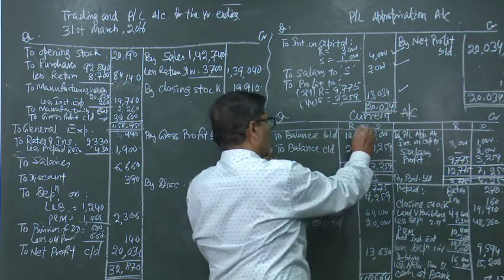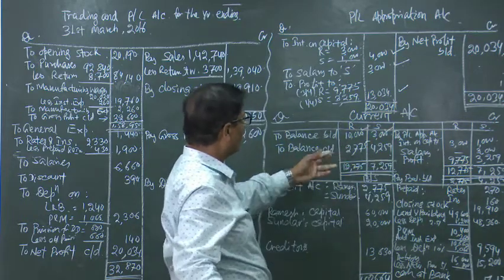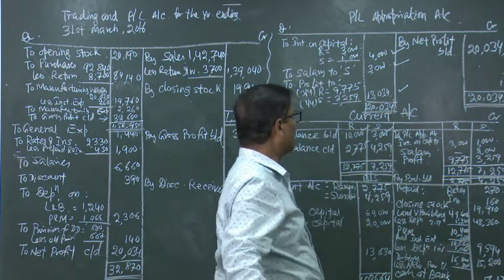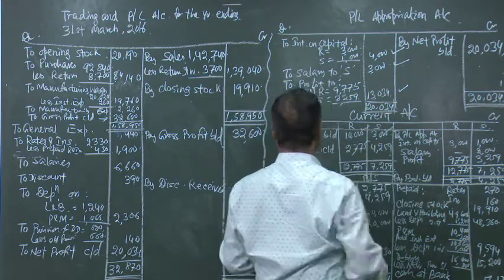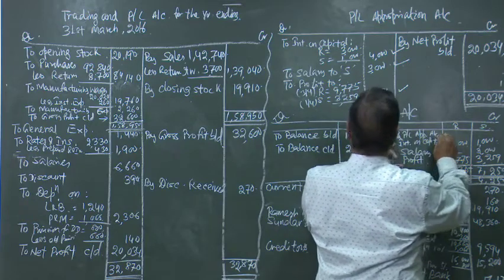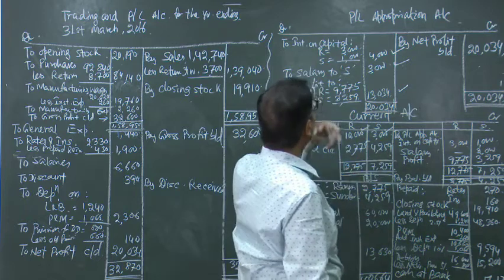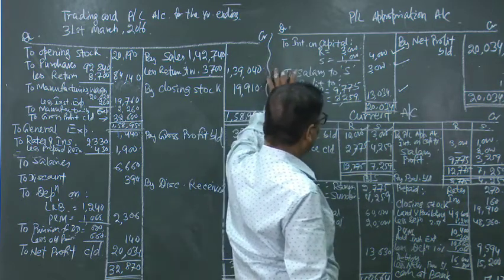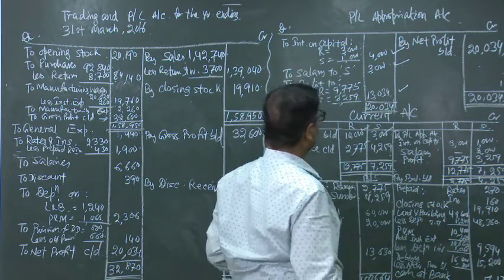So, in the debit balance we have taken Ramesh is having a debit current account balance of 10,000, and Sundar is also having a 3,000 debit balance. So, that we have recorded. Then we have to write the profit and loss appropriation account. The entry is current account credited by profit and loss appropriation account, or profit and loss appropriation account debited to different accounts, like that ultimately it will go to the current accounts of R and S.